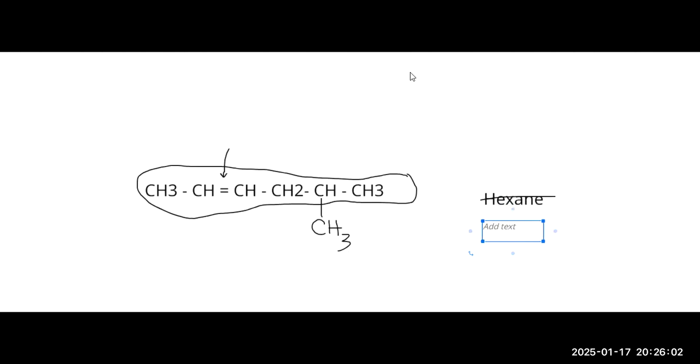So I need to indicate where my double bond is. All right, if I started from this end, it would be 1, 2, 3, 4. No, that's probably not a good idea. Probably better to go the normal left and right. 1, 2. So this is a 2-hexene. And we've got this little twig down here. But if that's number 2, then we've got 1, 2, 3, 4, 5. So the other part of our name